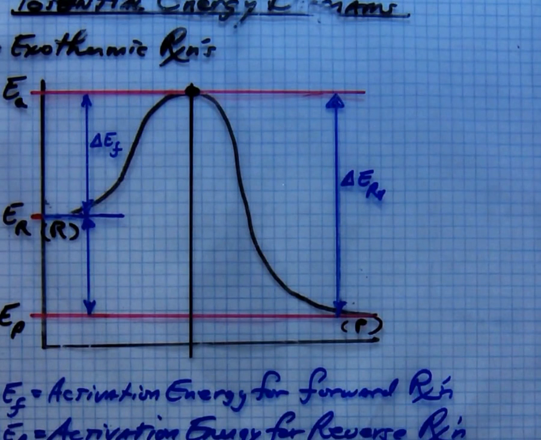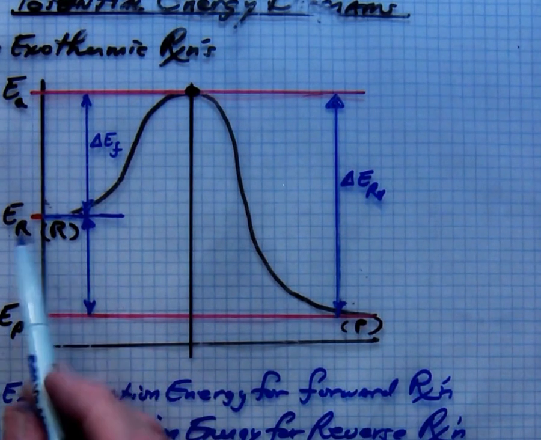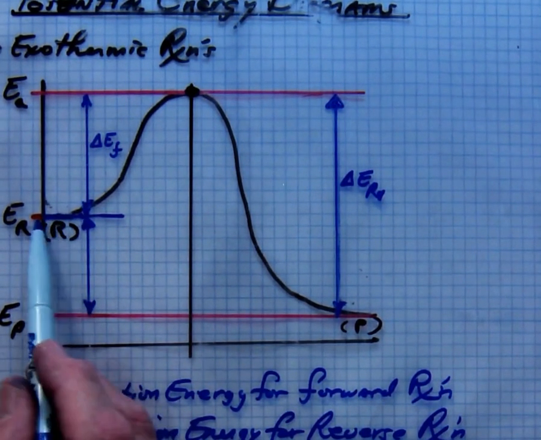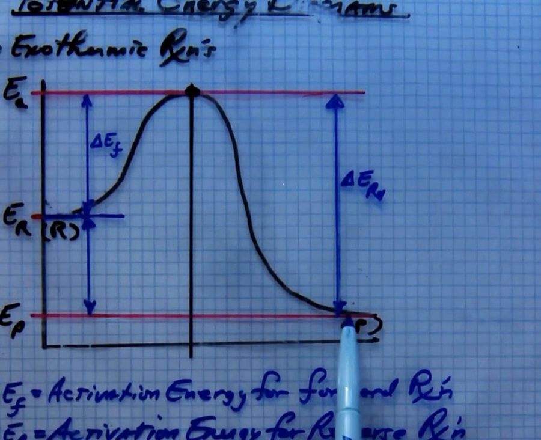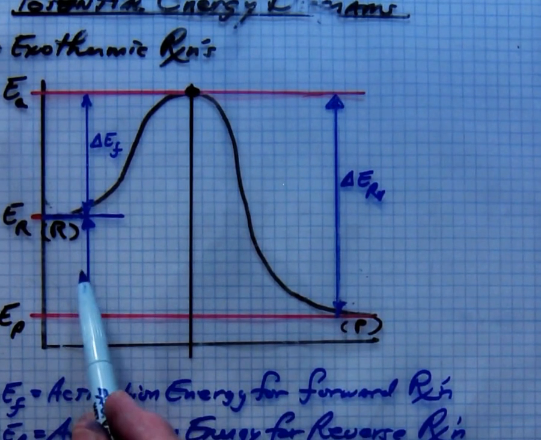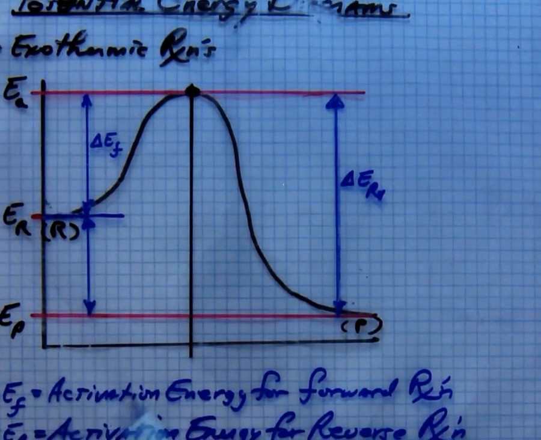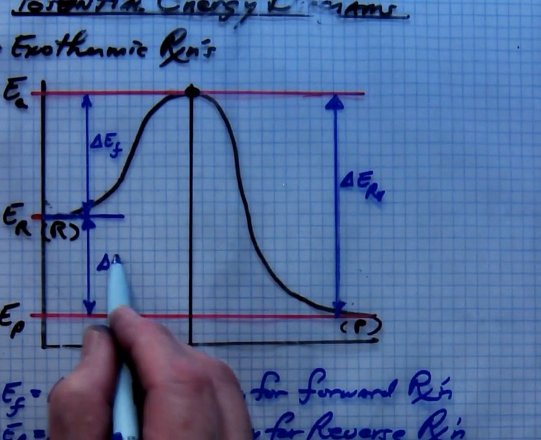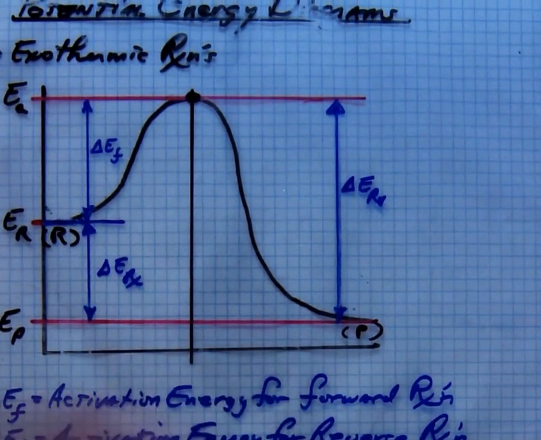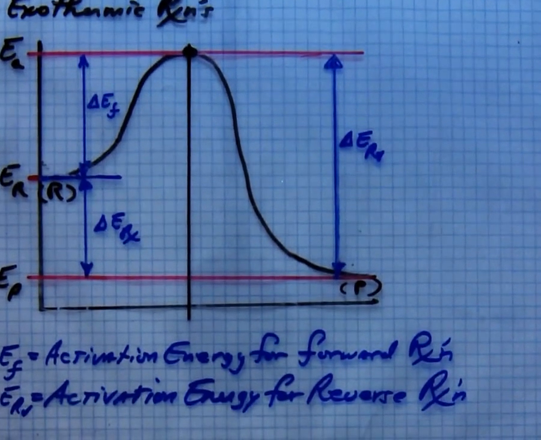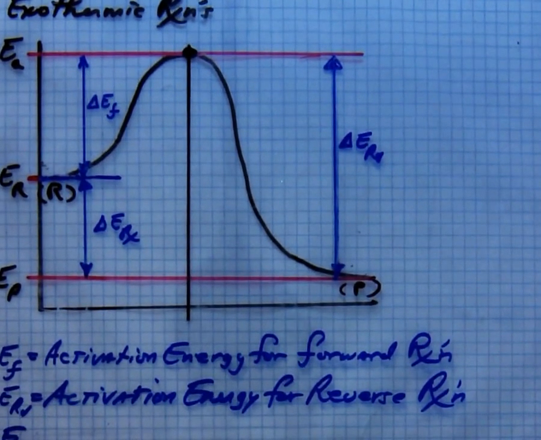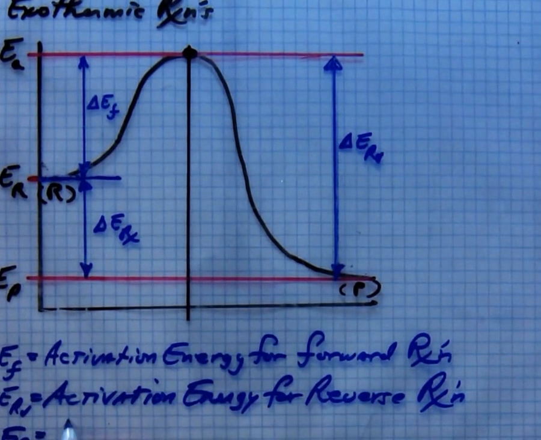Now, there's one more that you need to be aware of. The difference between the energy, internal energy of the reactants and the internal energy of the products is the heat of reaction, or enthalpy, E-N-T-H-A-L-P-Y, or heat of reaction. So this is delta E of the reaction for right now. And we'll just simply call that a heat of reaction. So delta E Rx is the heat of reaction,